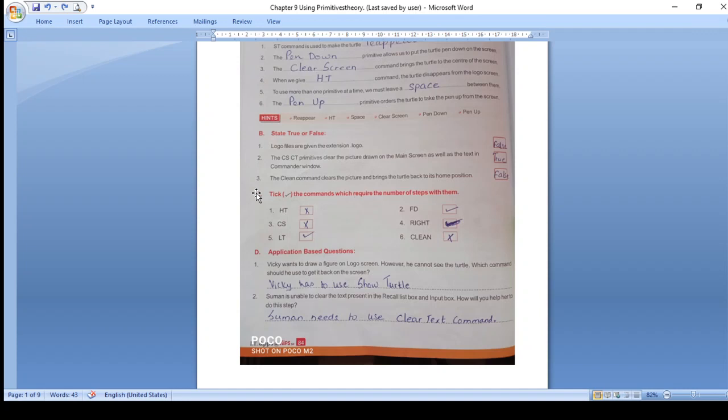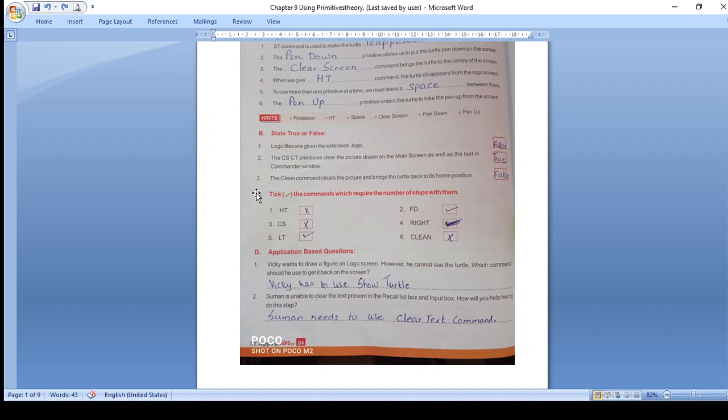Number 2, Suman is unable to clear the text present in the recall list box and input box. How will you help her to do this? Of course, if you want to clear the text, the simple command is clear text. So Suman needs to use the clear text command, right? So this was your question D. Show turtle and clear text. These are the two commands which Vicky and Suman will use when they want to make the turtle reappear on the screen and when they want to clear the text from the recall list box.